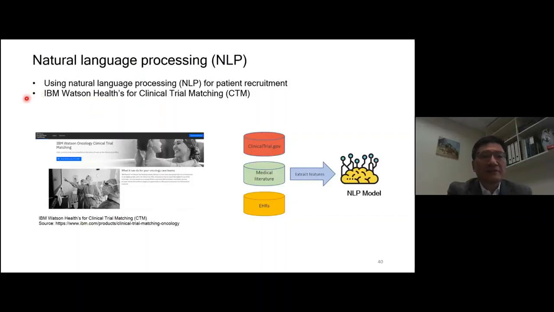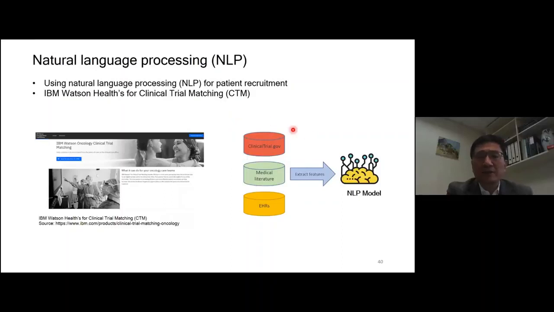And using this neural language processing for patient recruitment, for example, in the US, one clinical trial matching center uses this approach. And this is again a data bank, they call it the clinical trial data bank in the US,